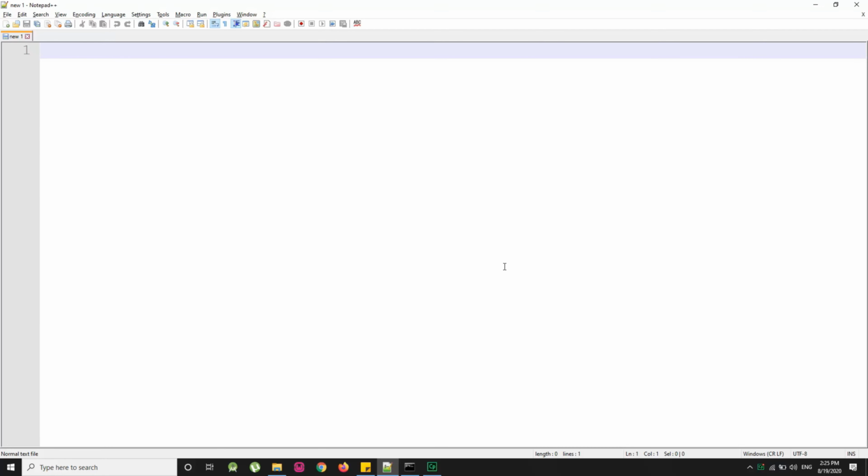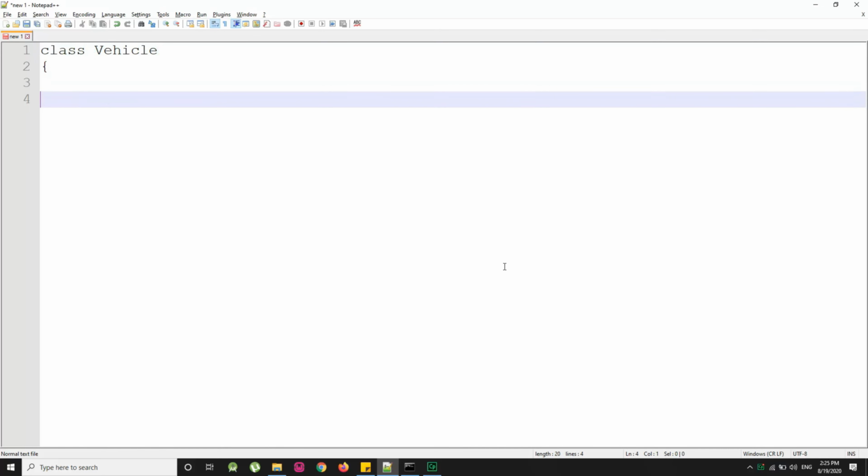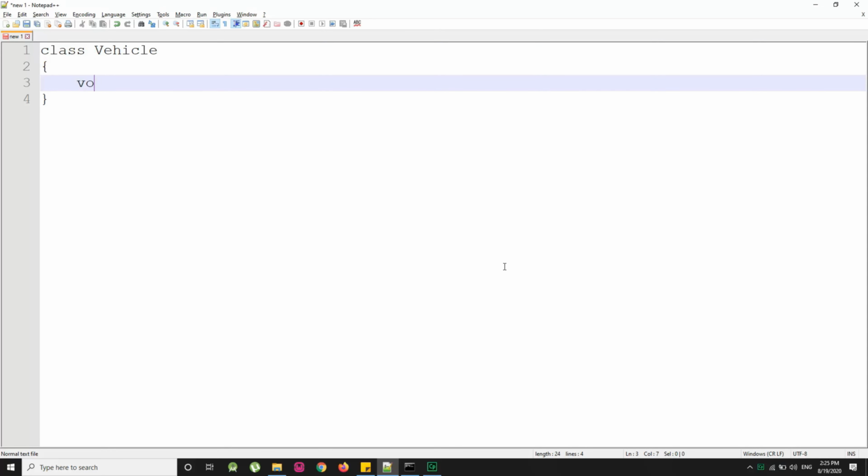So students, we have Notepad++ here, in which I have created a class called Vehicle, and in this class I have created a simple method, void start. I am not going to create its body, and I directly terminate this method with a semicolon, and it will generate an error.